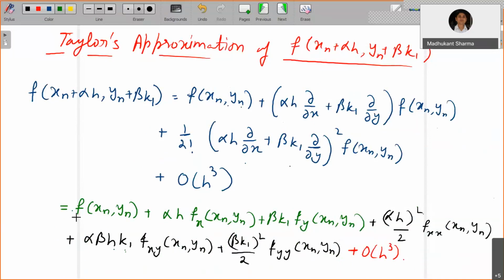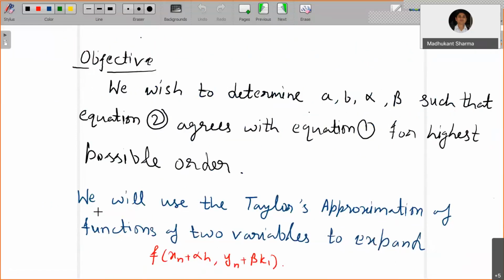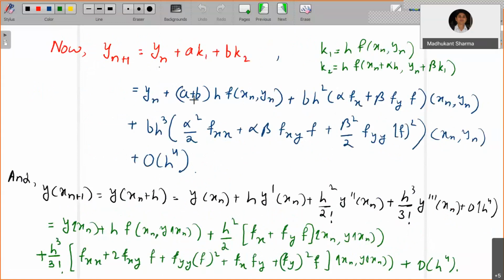Okay, now multiply by h and then b. So bh, bh f of xn comma yn. So f of xn comma yn is going to be adjusted with this second term. So it is f of xn and yn plus bh f of xn and yn. That is going to be plus b times h f of x and y. Plus